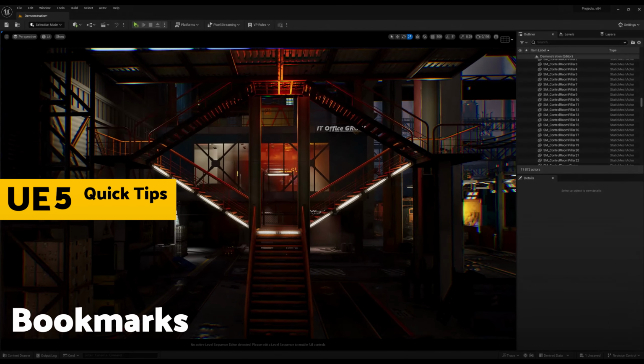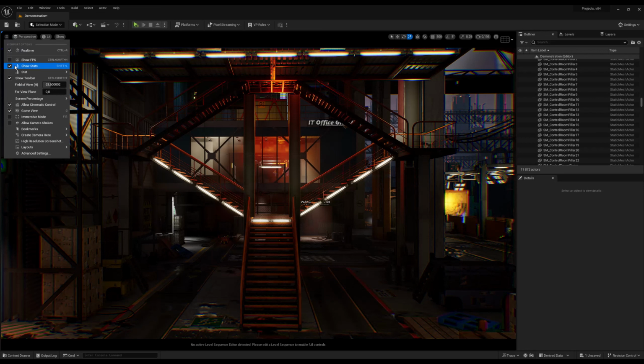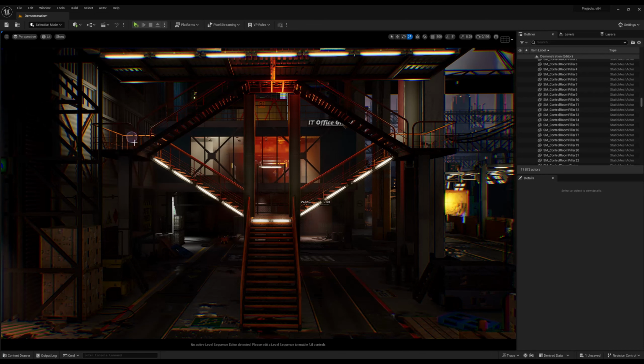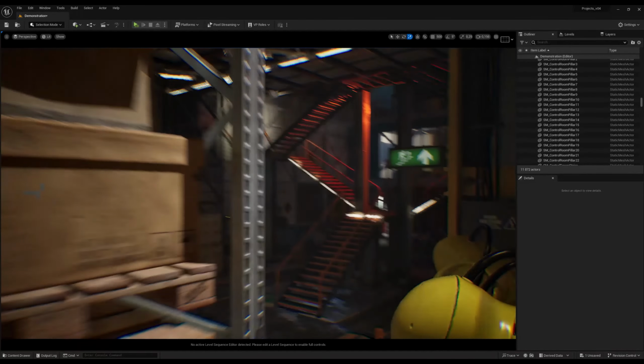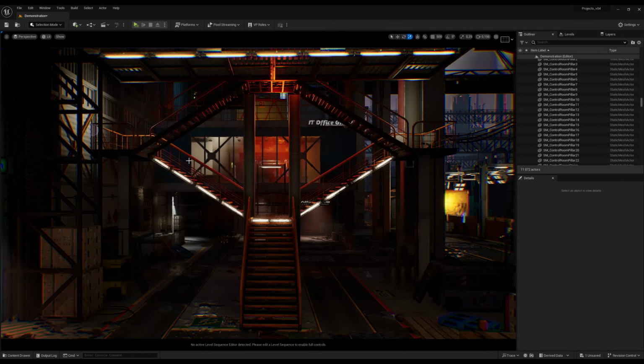Use bookmarks for faster navigation in your scene. Bookmarks basically store your point of view so you can get exactly in that view later on. So go here to the left upper corner menu, find bookmarks, and you can set bookmark here. Then when you move around your scene, you can go to bookmarks and jump to the bookmark to get to